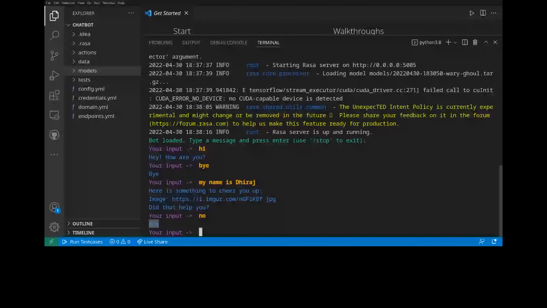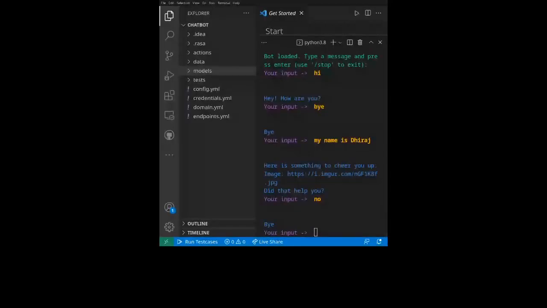Okay, I'm back. So these files should be visible. I guess everything is pretty much visible.